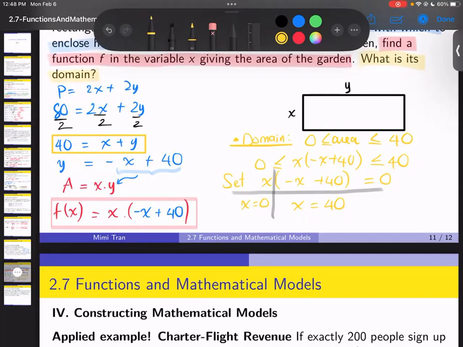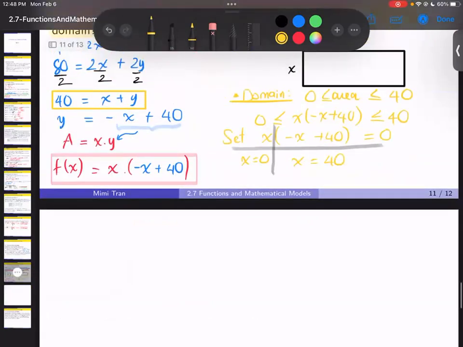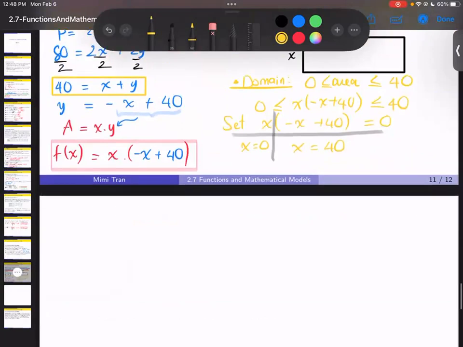Maybe should I show you that? Yeah, I'll show you. I have time. I'll show you how to solve for it, if you're confused about why I get the 0 and then the 40. Right, the work down there. So I have x times negative x plus 40 less than or equal to